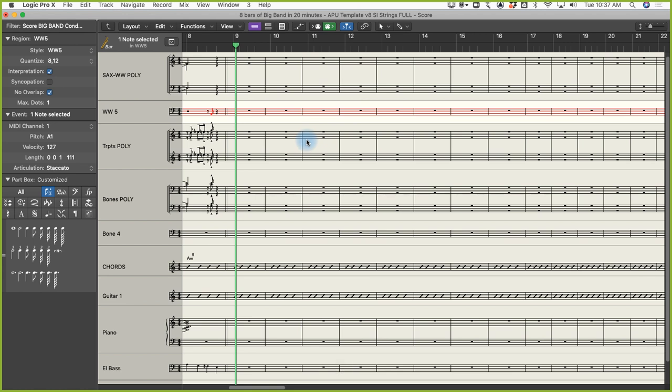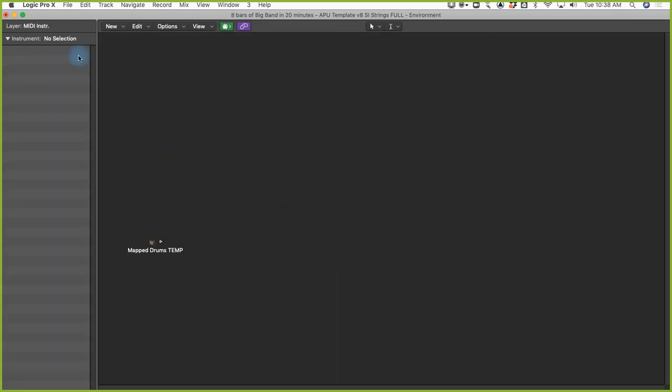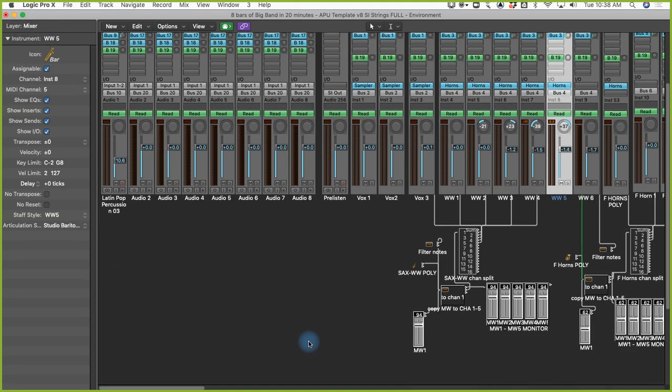Okay, so again, this was that random chord progression. Watch the video for details. Let's look at the environment window here, and I'm going to the mixer. And it is all of this machinery down here that makes it possible for me to do what you saw